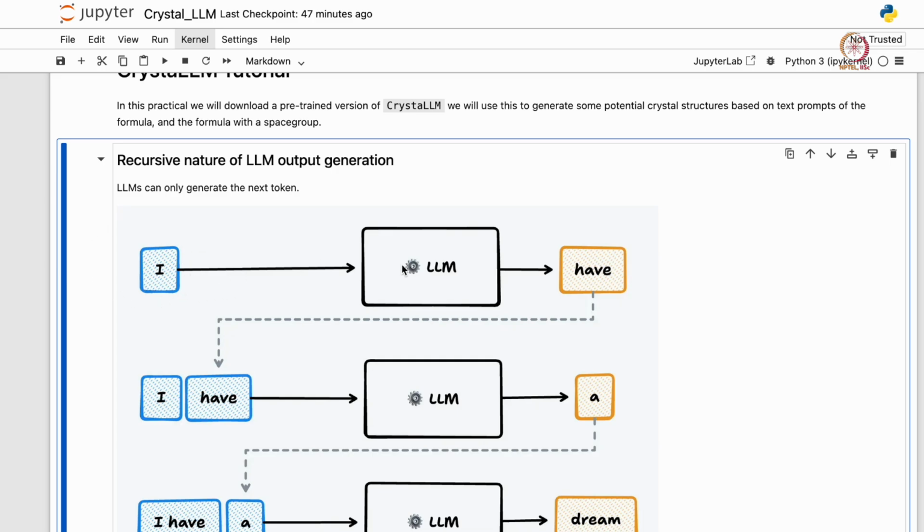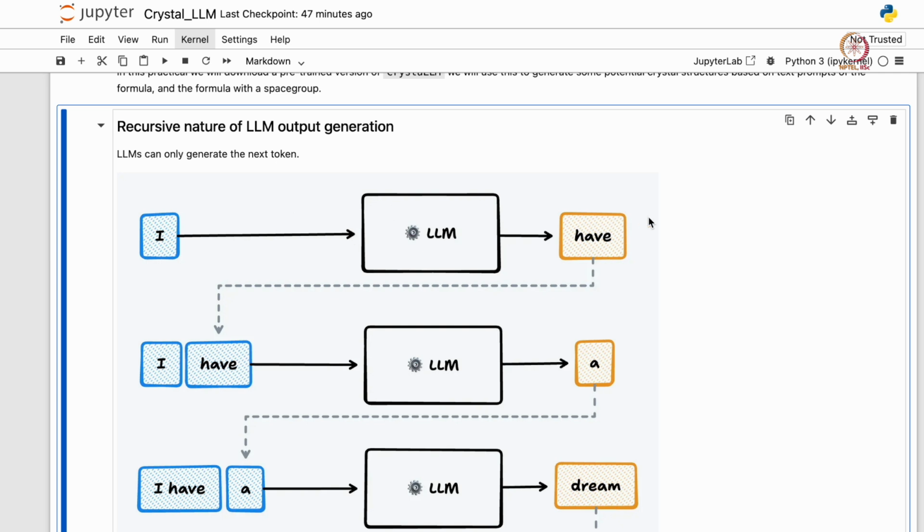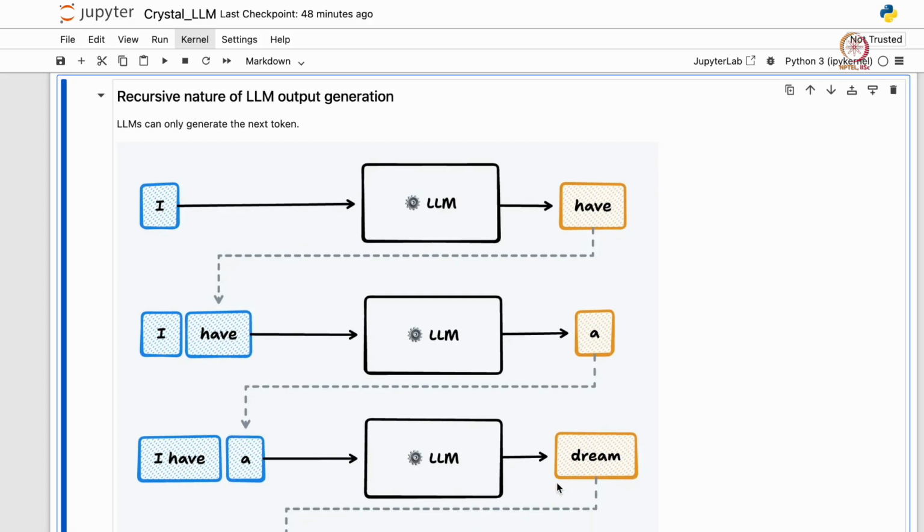Suppose this is my first token. I give this as an input to the LLM. It will give me the next most probable token that it thinks is the correct one, based on the corpus of texts that it was trained on. Now that I have got my second token, how do I generate my next token? I will tag this new token with my old token, and these two tokens I will then push to the LLM and generate the third token. Once that is generated, it is tagged on, and now I have a bigger list of tokens. So I have the first three tokens, and that will predict the next token.